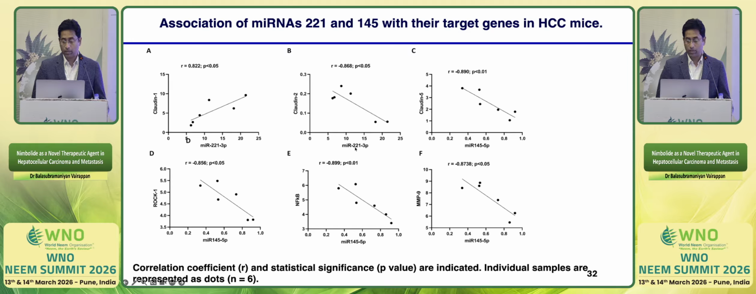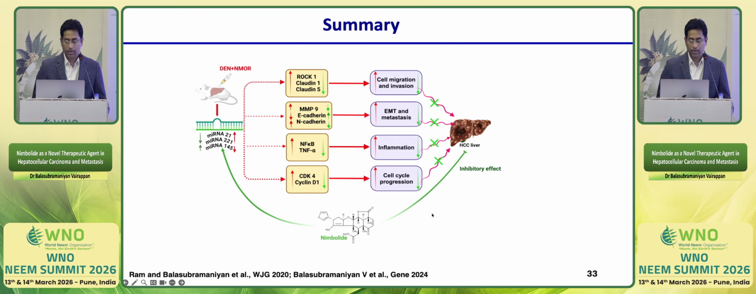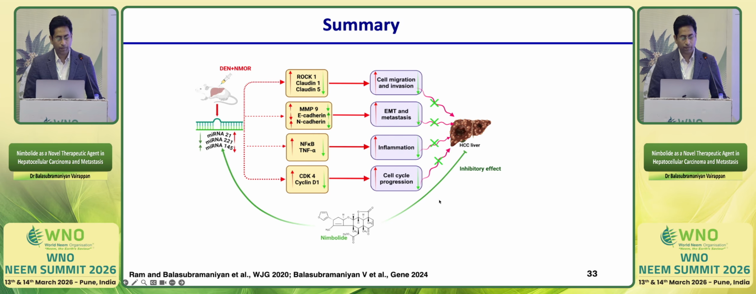Sorry, microRNA 221 has a negative correlation with Claudin 2 and a positive correlation with Claudin 1, and microRNA 145 has a negative correlation with Claudin 5, ROC1, NF-kappa B and MMP9. Thus we summarize: in 10 NMR induced HCC, there is increased microRNA 21 and 221 and decreased 145, which